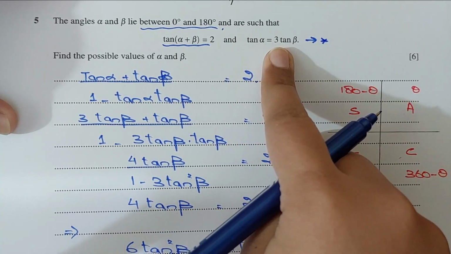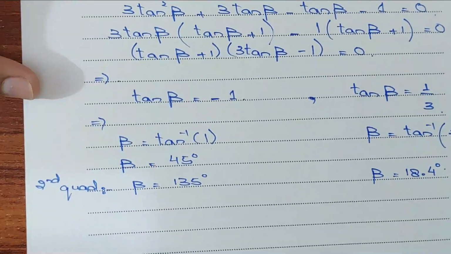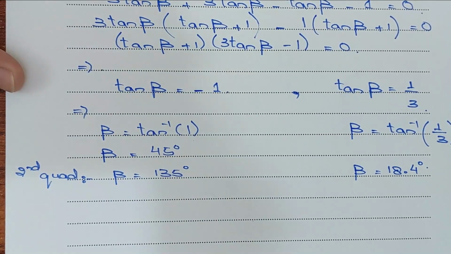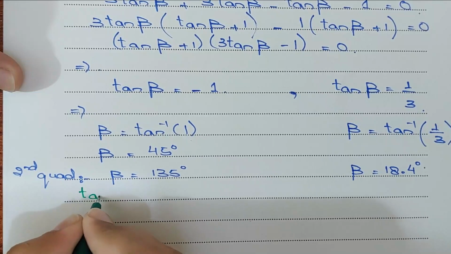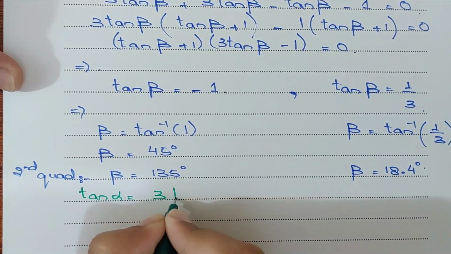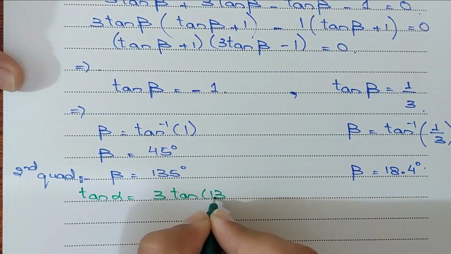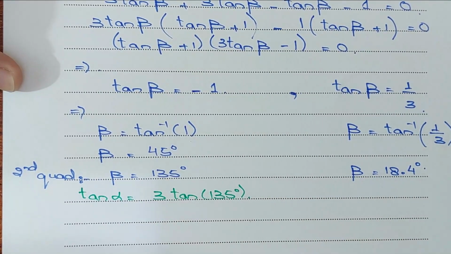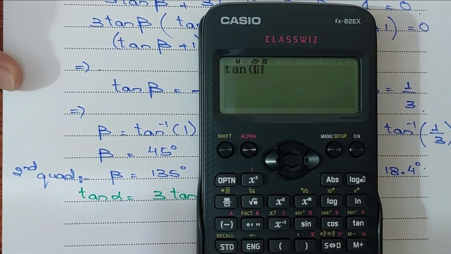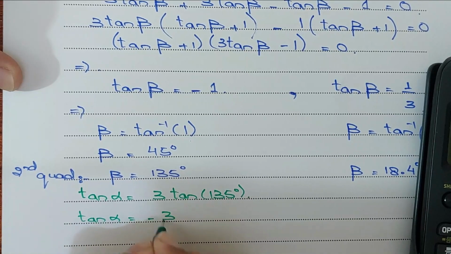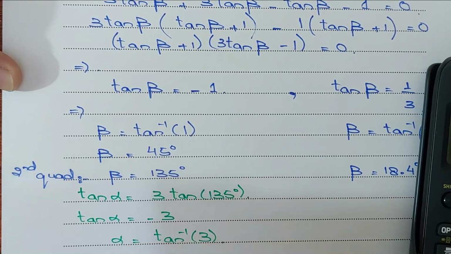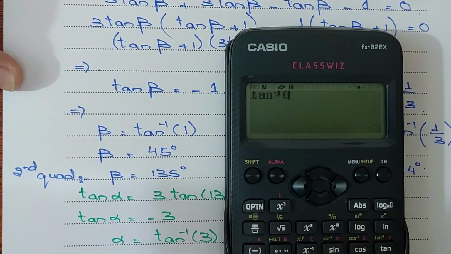Tan alpha is 3 times tan beta. Let me solve for the value of alpha, right? Okay, so if I use here tan alpha is 3 times tan beta, beta is 135 degrees, right? Okay, tangent 135 times 3, that is negative 3. So from here tan alpha is negative 3, and alpha is tangent inverse of positive 3, and tangent inverse of 3 is